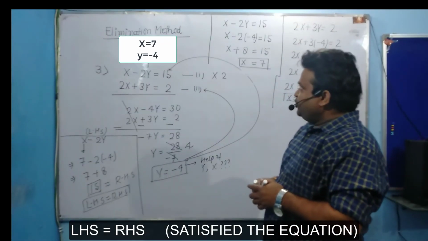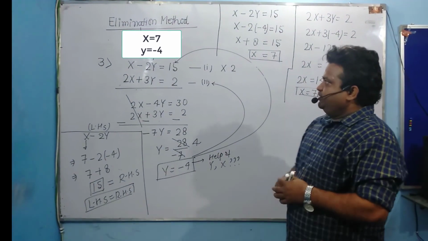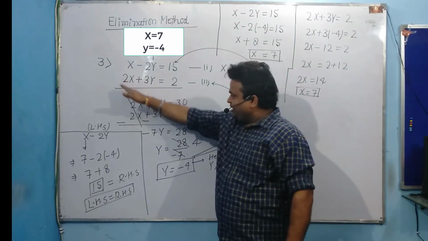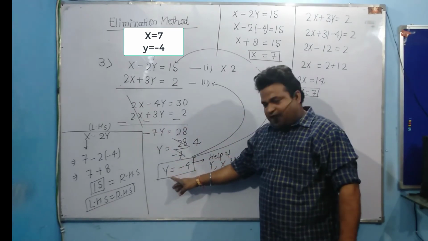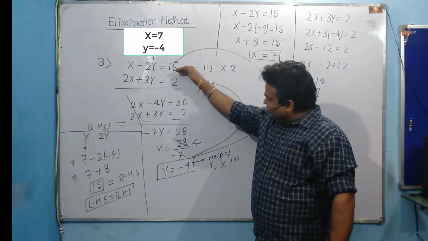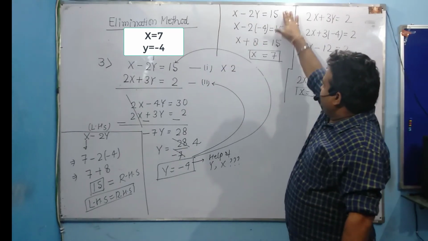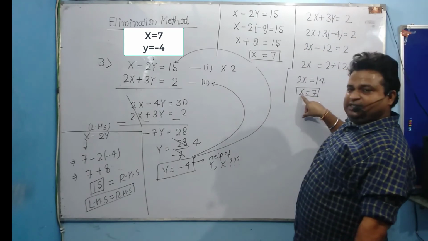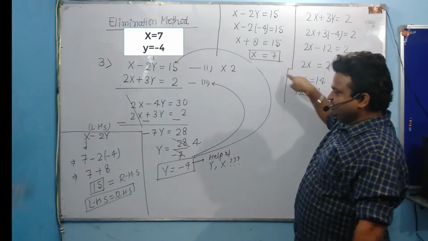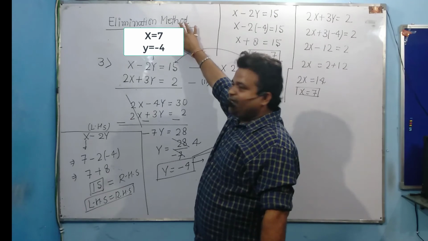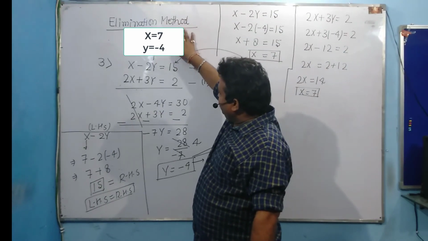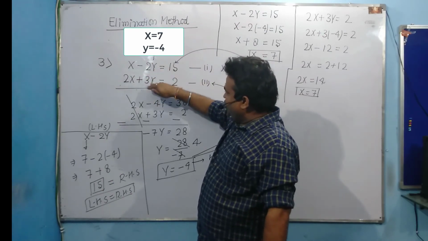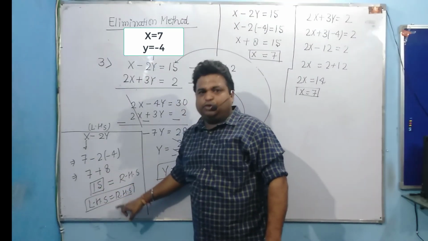So this is how you solve linear equations by the elimination method. Here I am eliminating one variable and finding the value of the second variable. Now put this value in either equation 1 or equation 2. If I put it in equation number 1, I will get x equal to 7. In equation number 2, also x equal to 7. Both will give you the same result. And after this, how can you check whether your answer is correct or not? Simply put the x and y values in any equation, either 1 or 2, and you will get the left-hand side value equal to the right-hand side value.